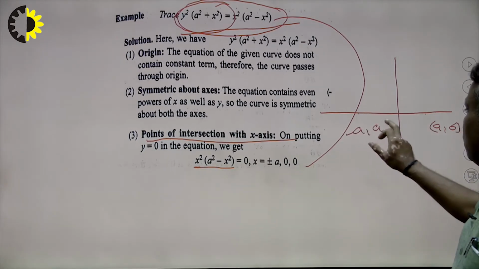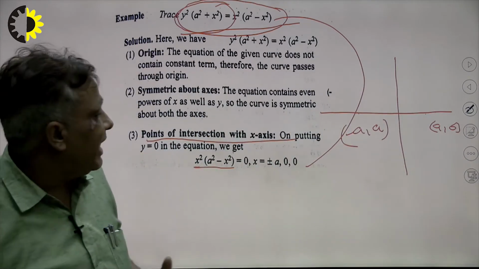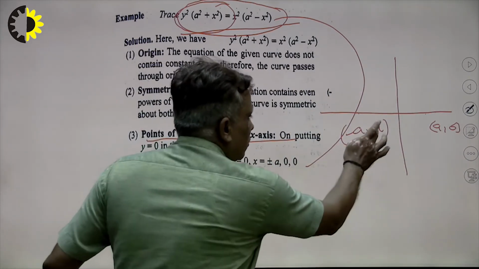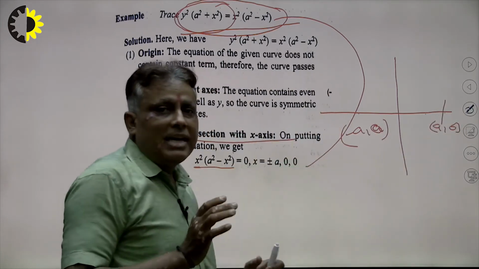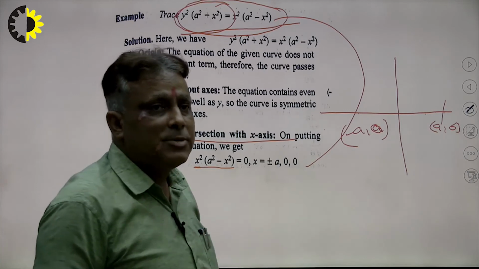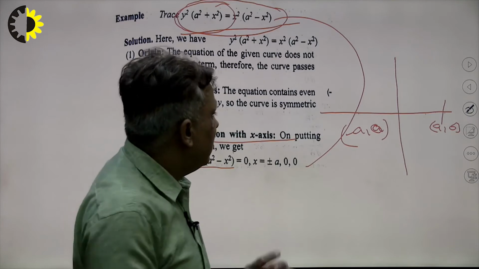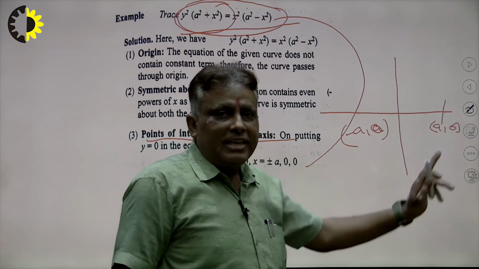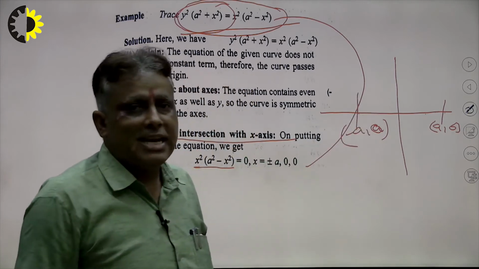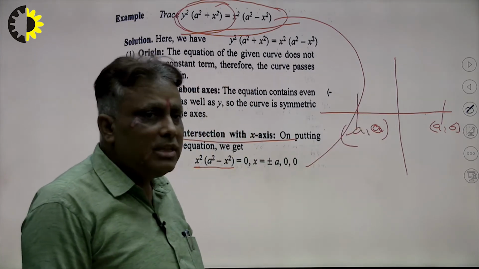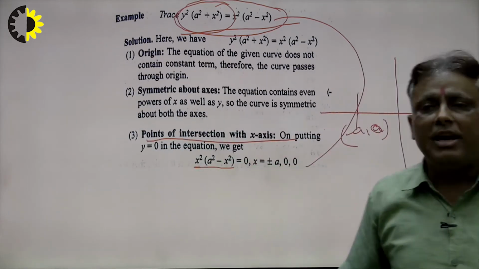Question is that what is the nature of the curve at a comma 0 and what is the nature of the curve at minus a comma 0, right. So I will explain now, at a comma 0 the tangent will be the y axis because there is no fraction in the curve, all powers are integers, so that means tangent at a comma 0 will be the y axis. In the same way the tangent at minus a comma 0 will be the y axis here. So in this way we can find out the tangent at each and every point, right.